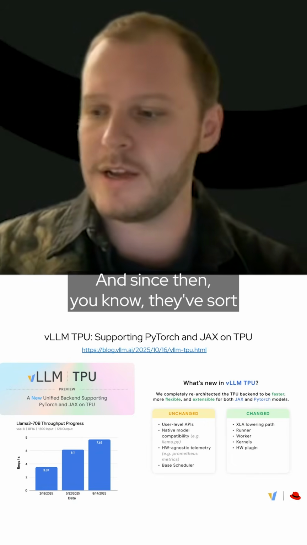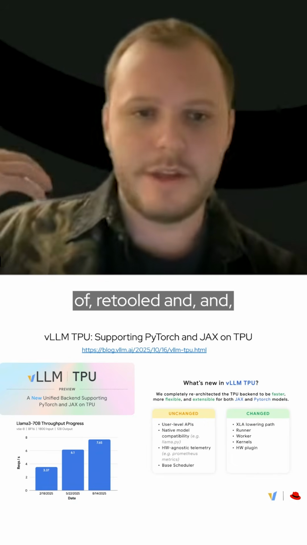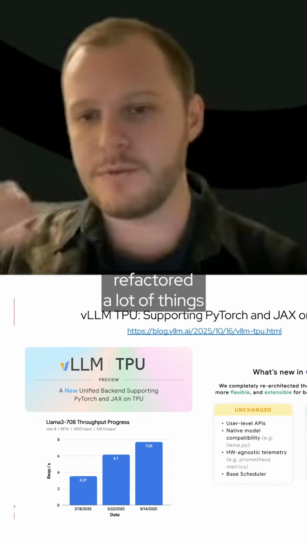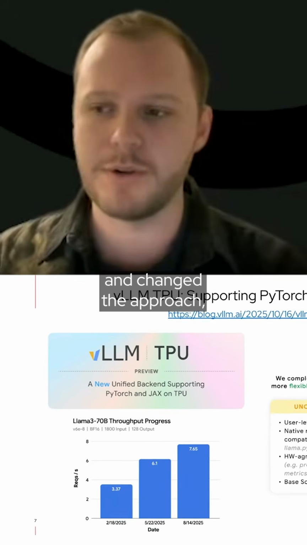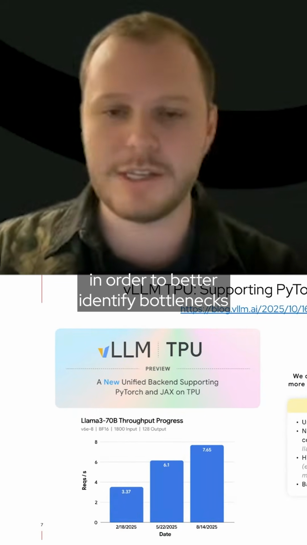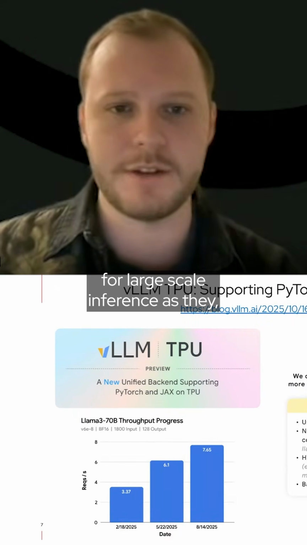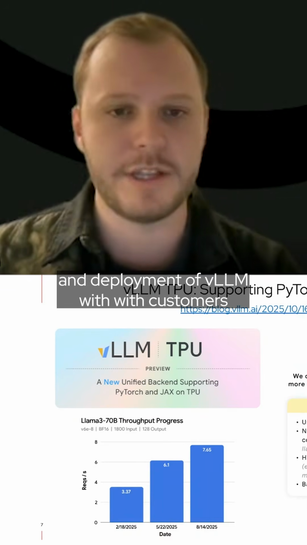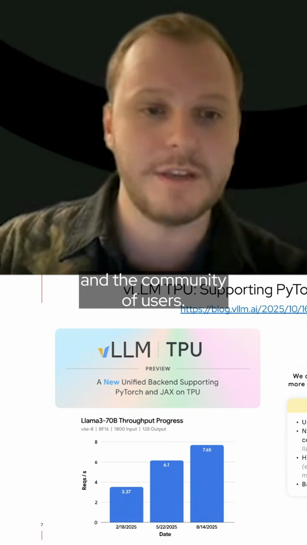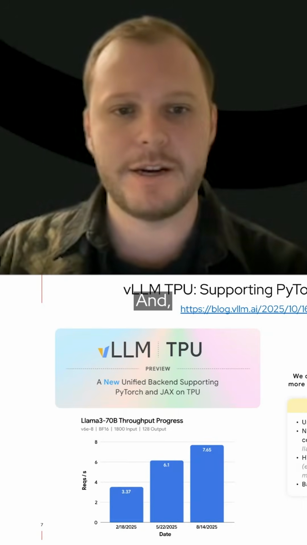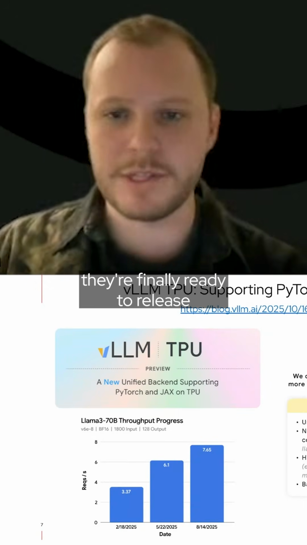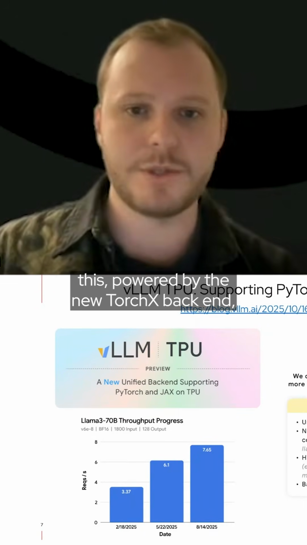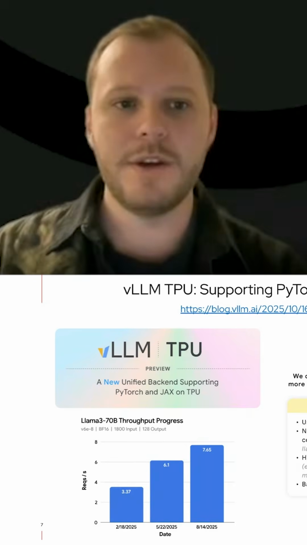And since then, they've sort of retooled and refactored a lot of things and changed the approach in order to better identify bottlenecks for large-scale inference as they really scale out their usage and deployment of vLLM with customers and the community of users. And yeah, they're finally ready to release this, powered by the new TorchAX backend, which now